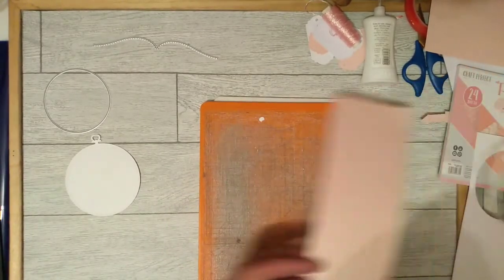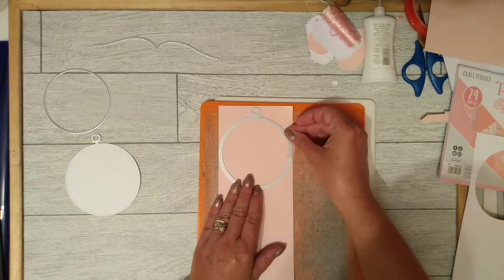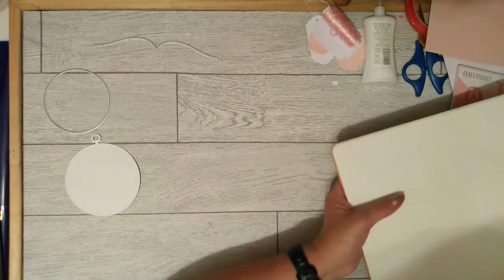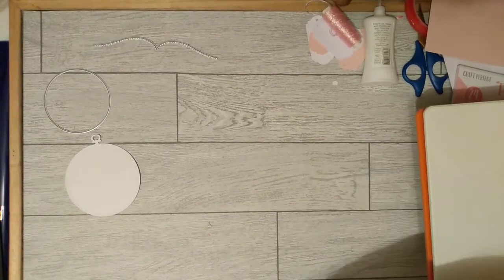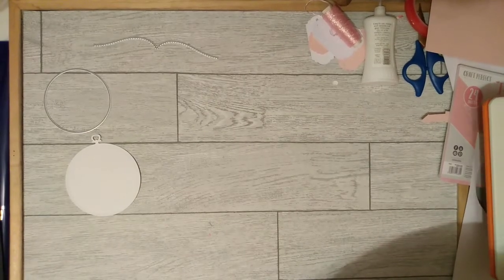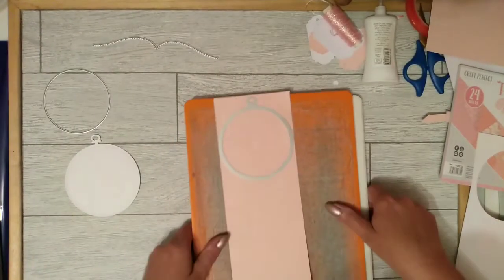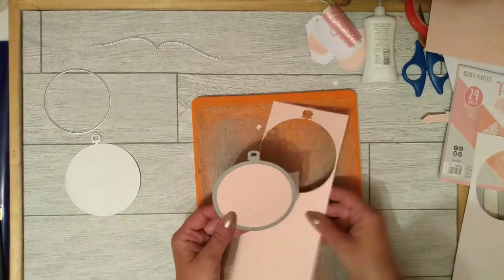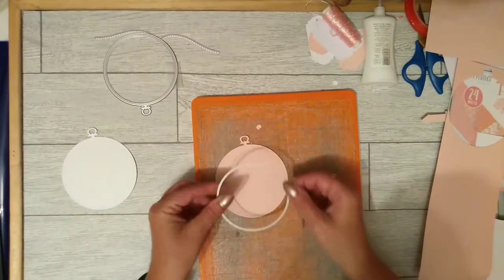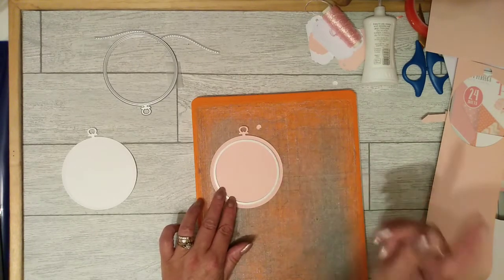And then I want to cut it out of some pink. Again, out of another piece of my scrap. It only just fits. So I'm going to cut the outer die first, and then I'm going to cut the centre plain circle out. So I have an aperture, and then that is the frame to go around my